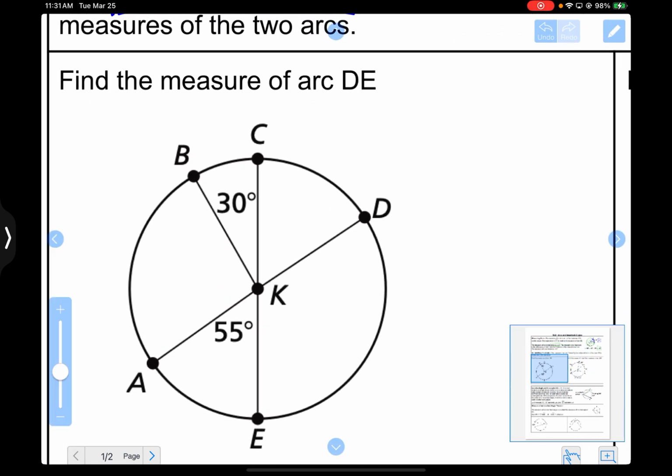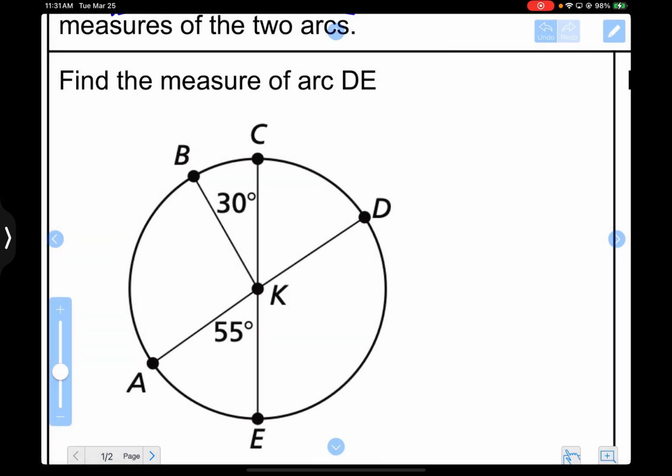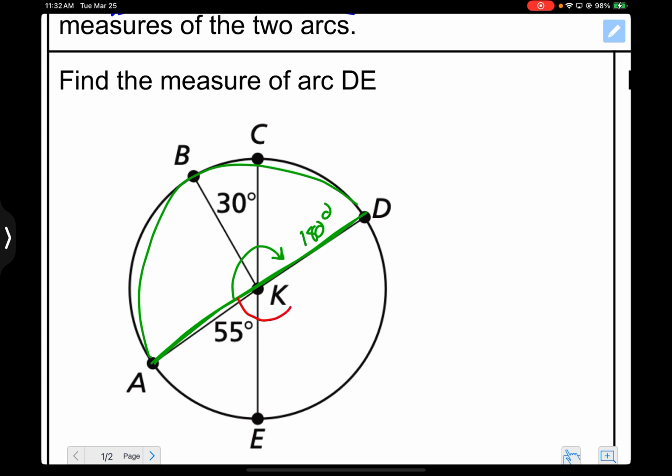So let's break this one down into all of its parts and all of its pieces. So the first thing I notice is that AD is a diameter, which means my total degrees of AD, or really we would name it arc ABD, would be 180 degrees, not 88. So that also tells us that this right here is going to be 180 degrees because we know a circle is a total of 360. So I'm going to do 180